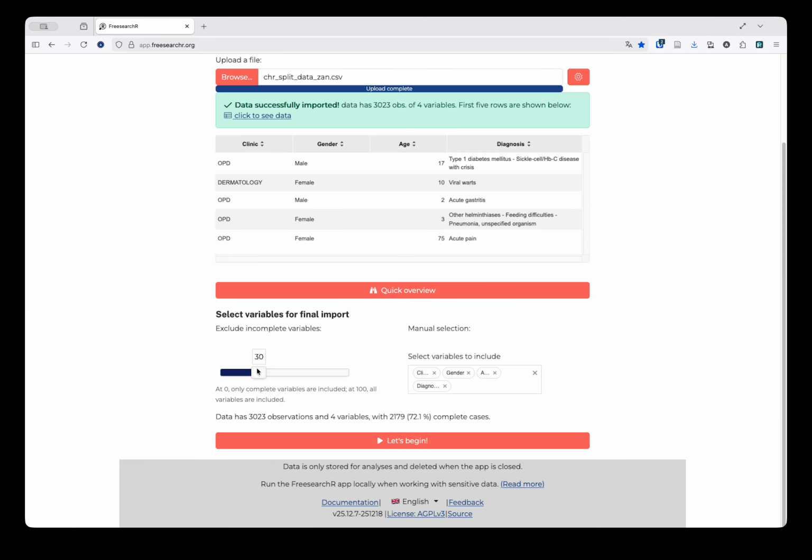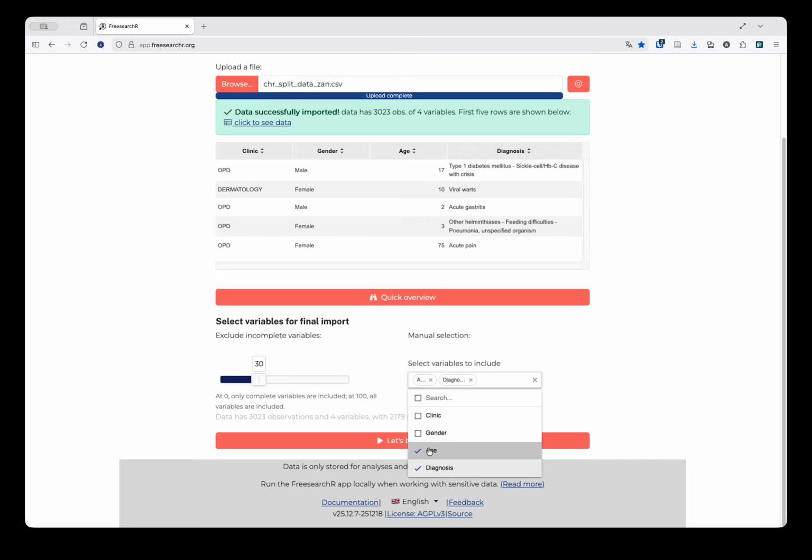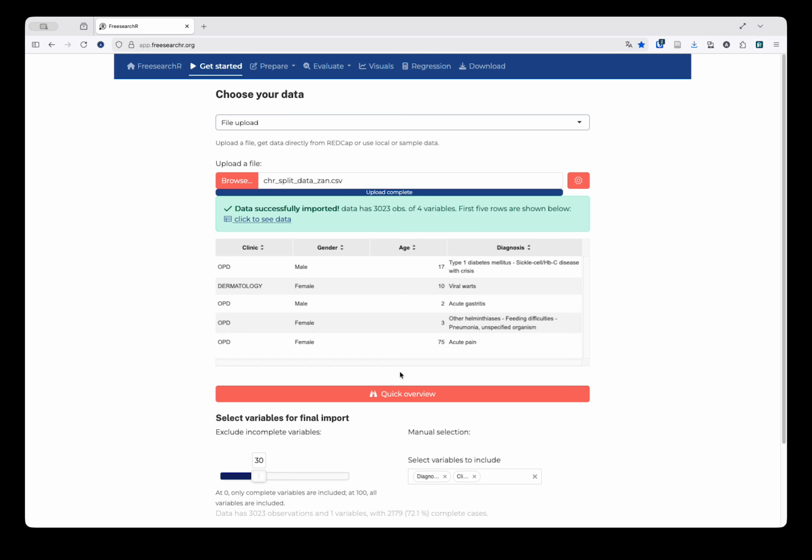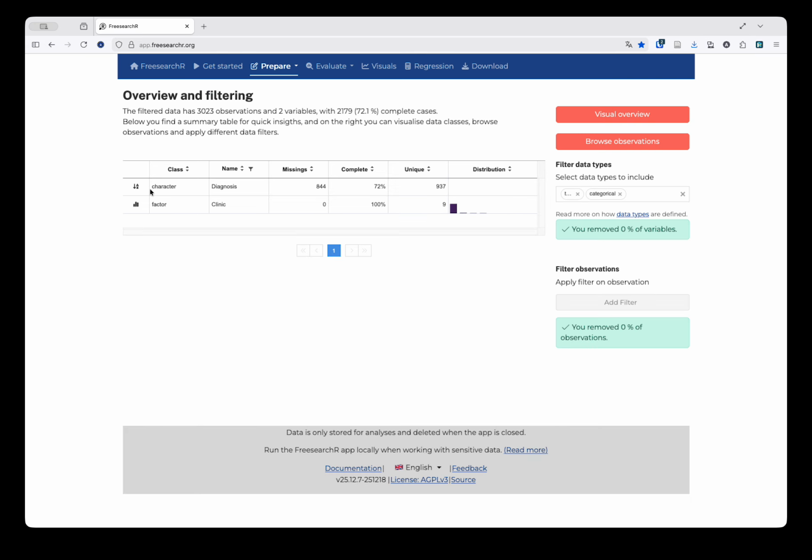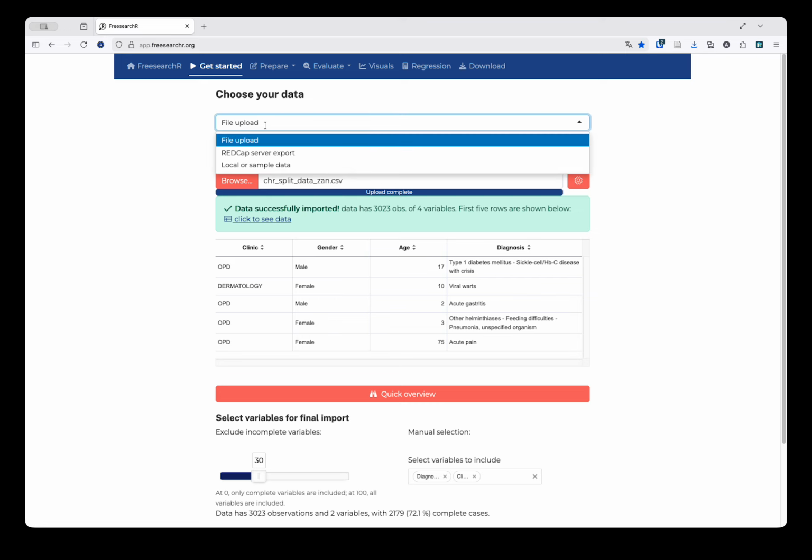Then you can choose a threshold for the level of missingness to exclude, and then you can also manually select which variables you want in the data. If we do like this, then we just click Let's Begin, and then we run. And then we have the data overview and filtering pane. We will save this for later. If we go back to Get Started and choose a different data source,